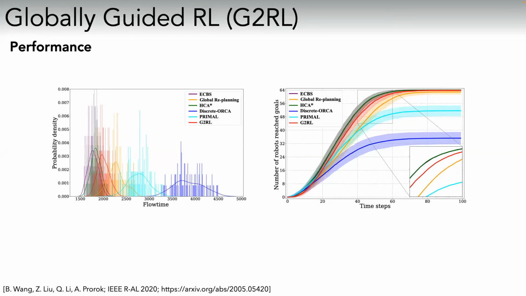So this is the only plot I'm showing you today, but I thought it was interesting because what I'm showing you here is, so that approach that I just showed you there, which is fully decentralized, very simple training scheme, relatively simple reward, no global observation whatsoever. So it's the red one, and everything that is performing better than red here exploits centralized information. So we're the only approach that does actually really well based on fully local information without comms. And you can see this both in terms of flow time as well as success rates, the number of robots that actually reach their goals.